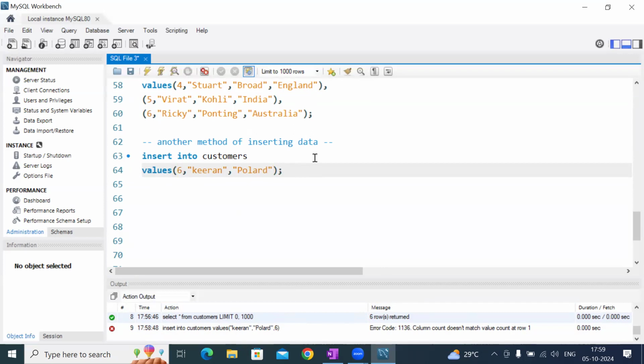So I'm just mentioning this customer ID, that is serial number, in the first position, and then first name and the last name. And we also have to mention the country. He is from West Indies. Now our query is complete. Now if I press Control Enter,